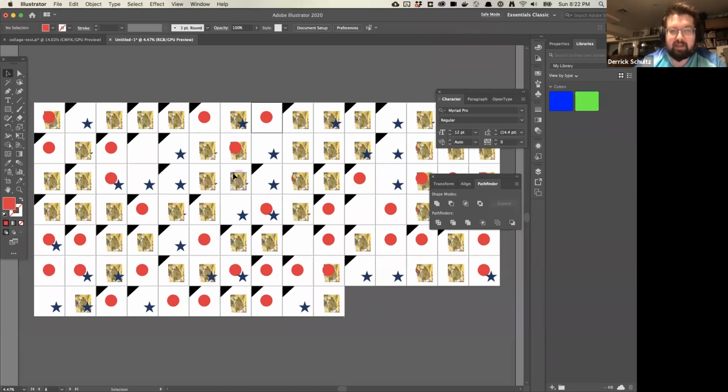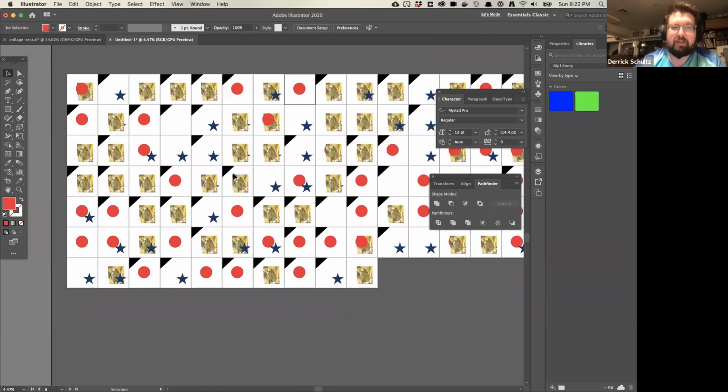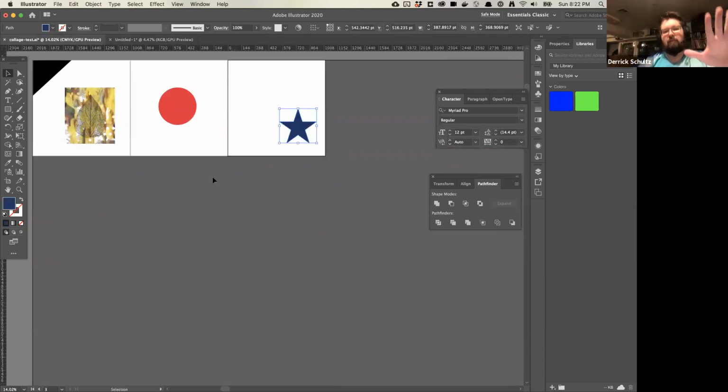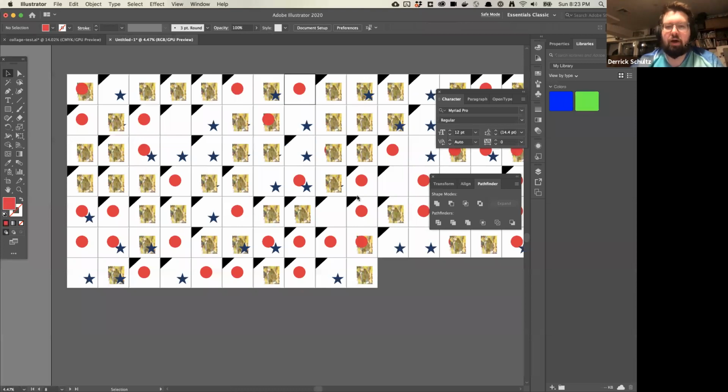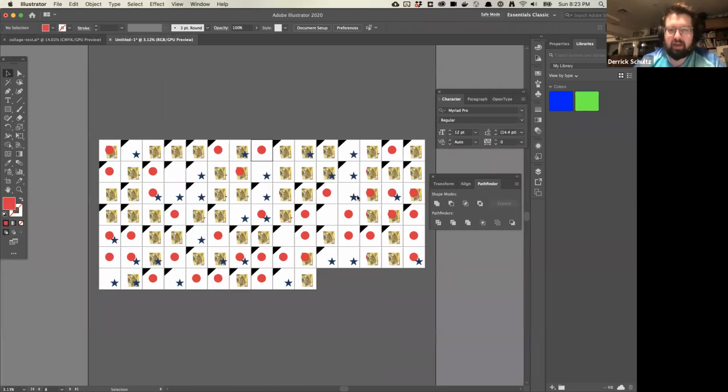But you'll see here it did generate different patterns, right? In some cases I've got a triangle and a circle. I've got a triangle and a star. I've got just an image. I've got an image plus a vector. The script will go through and grab everything in your preceding document. Another thing to note is to only have one document open at a time. It's not smart enough yet to figure out what your active document is. So only have one of your collage documents open, and it'll generate a new file here. A really cool thing you can do now that you've got all these in artboards is go ahead and move them around, right?